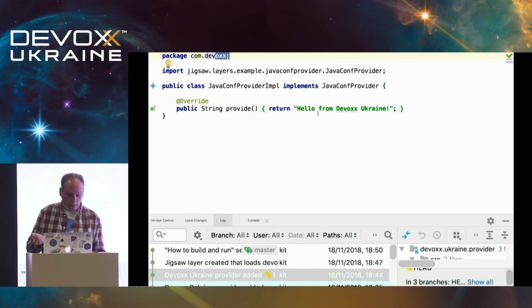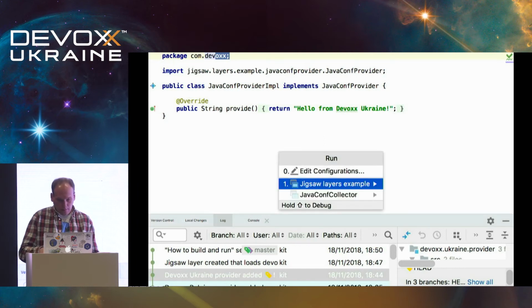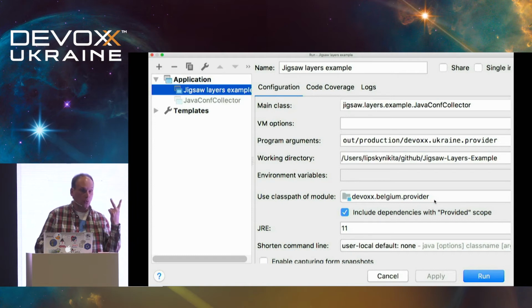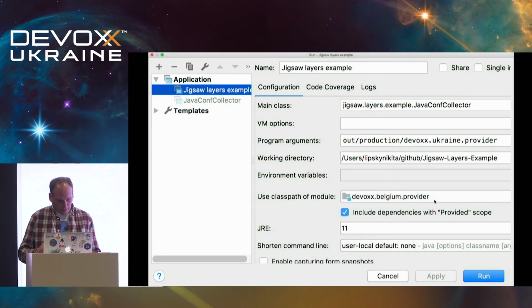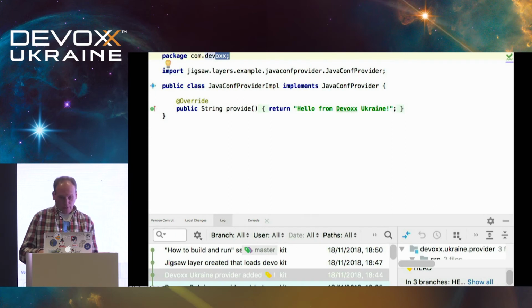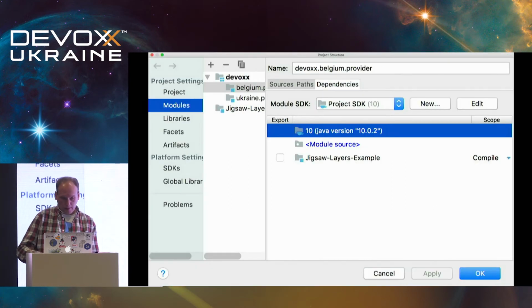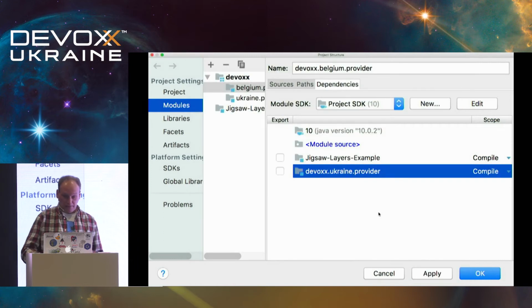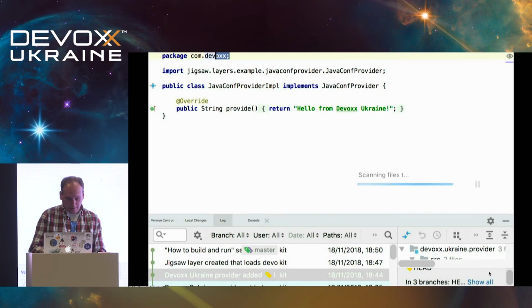So we need to add Devoxx Ukraine provider to the module path, and here we have certain problems in IDEA because IDEA requires a single root module for configuring the module path. But now we have two roots, and to solve this problem, I found the only workaround. It is to add Devoxx Ukraine to the dependencies of Devoxx Belgium. And now we have a single root. And if we now run the example,